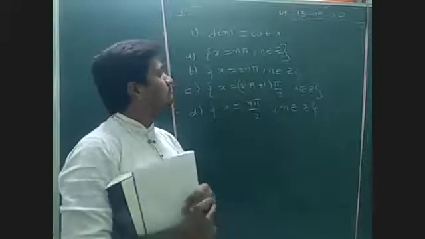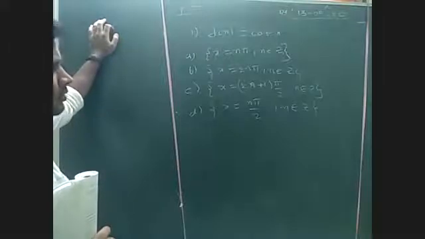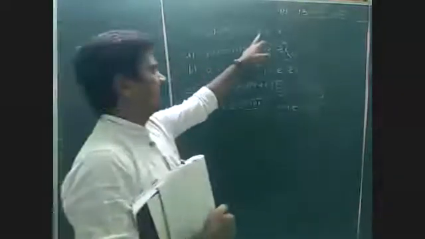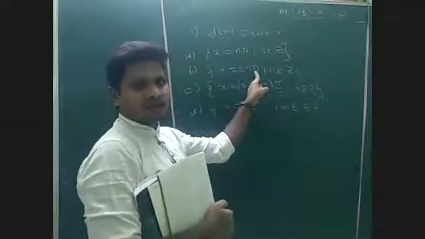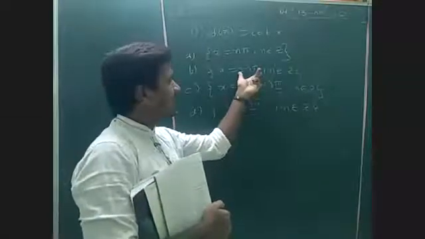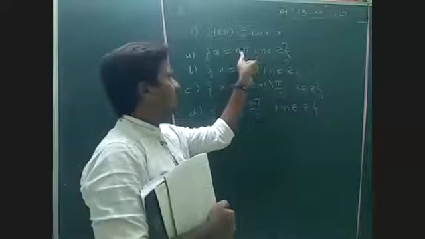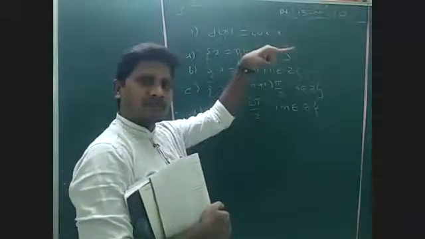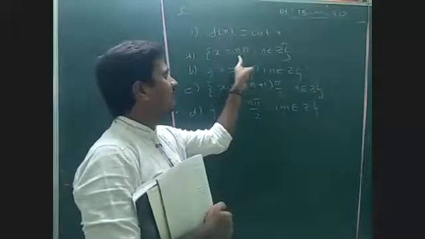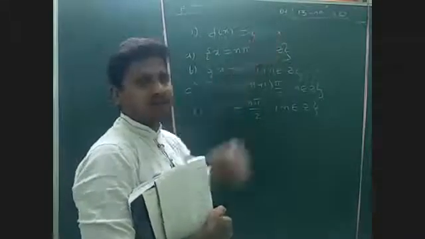Cot 270 is 0, and 0 is a finite value, whereas at 0 and 180 it is undefined. So for any value in option B, we don't get 180, so 180 doesn't belong to this set. But at 180 it is undefined, so option 1 is right. Substitute n is equal to 1, 2, 3 up to plus infinity, minus 1, minus 2, minus infinity, or 0. For each and every value of n pi, cot x is undefined, so it is not continuous. Good.